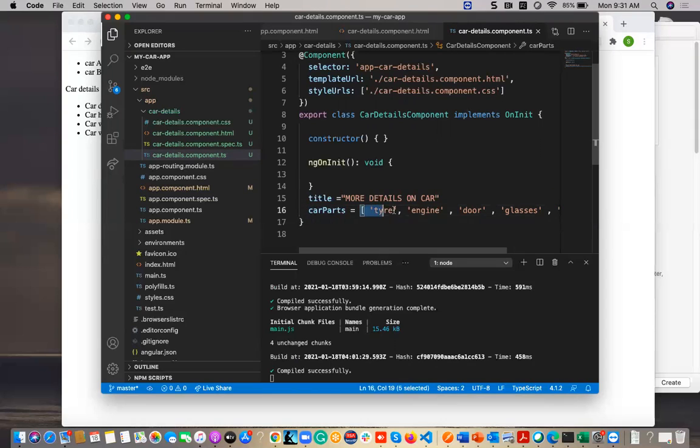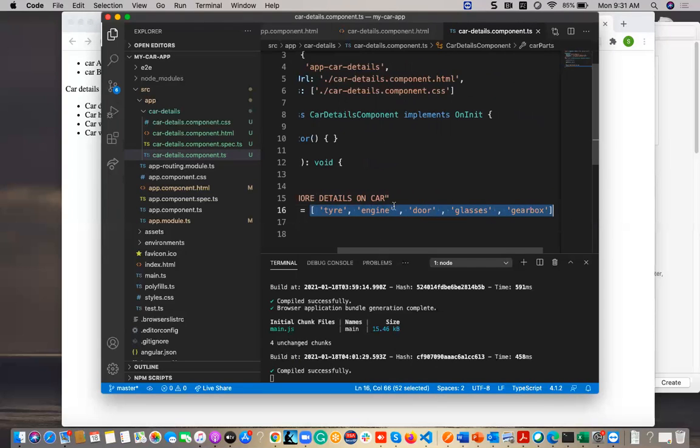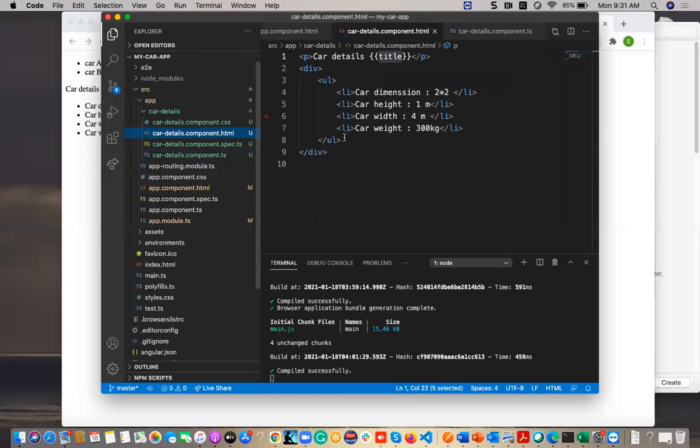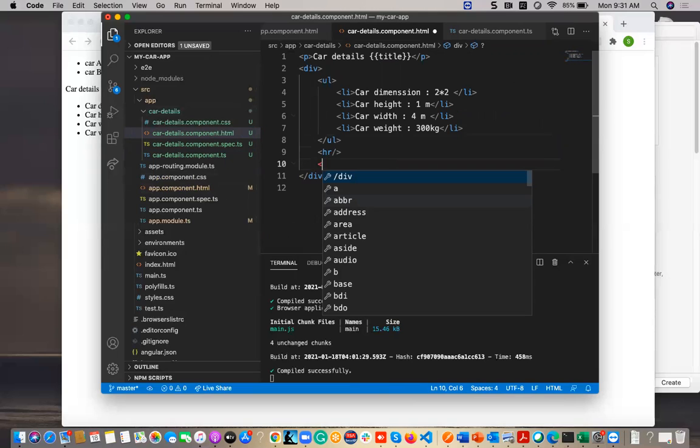This is an array, right? This is an array, but I want to iterate this array. I want to show this array in my component. So let us first do a horizontal bar here. How can I do it? I have to make it with a UL with an iteration. I want to show it with iteration.